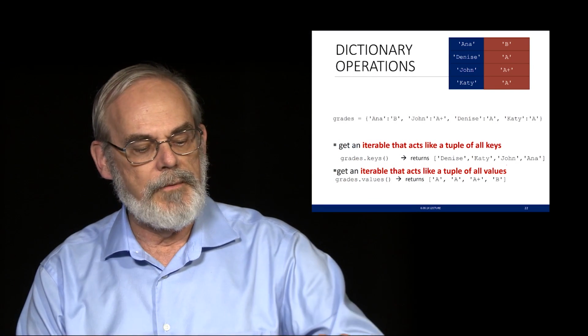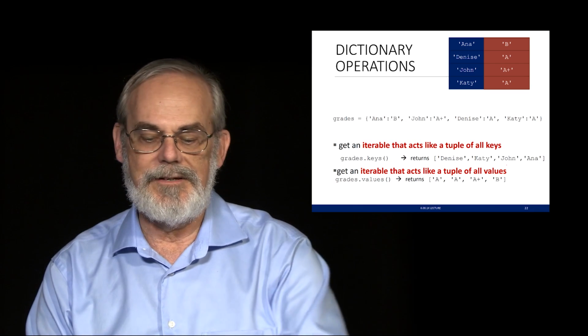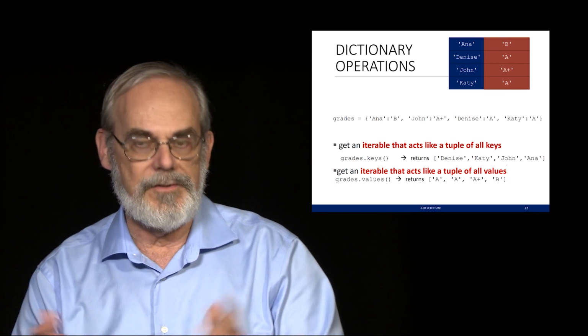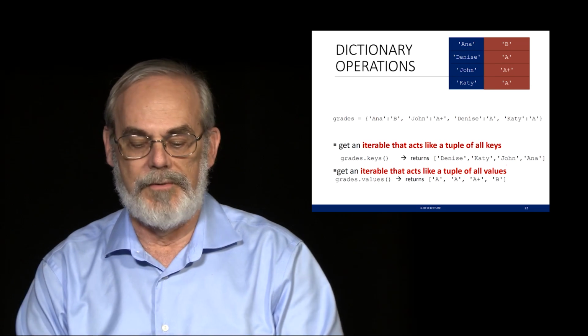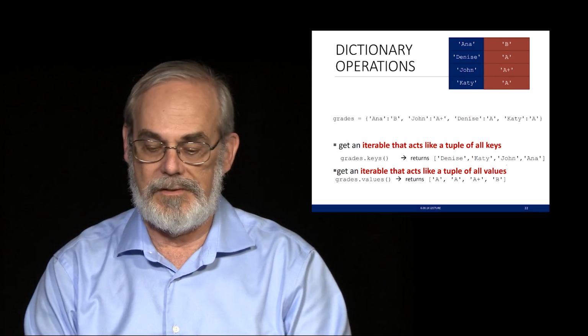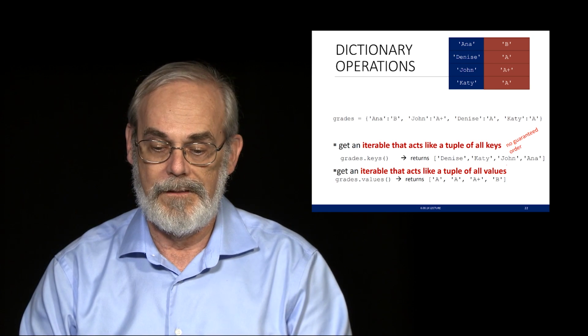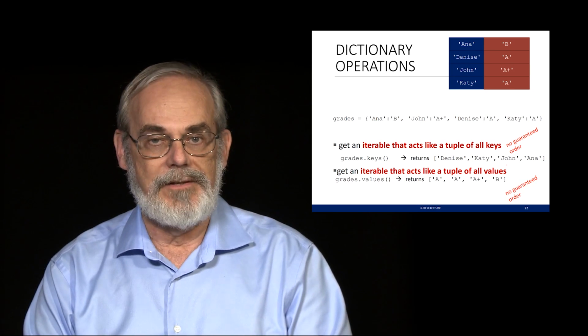And if you're wondering why what I typed on my computer is a little different than what you see on the slide, it's because I did not reload the grades in. I'm using the version of grades that's here. But the behavior is exactly what I want you to see. I get back things that I could then iterate over. Like I could walk down all the collections of keys, or I could walk down all the collections of values doing something to them. One of the things to notice about both of these is I cannot guarantee that there's